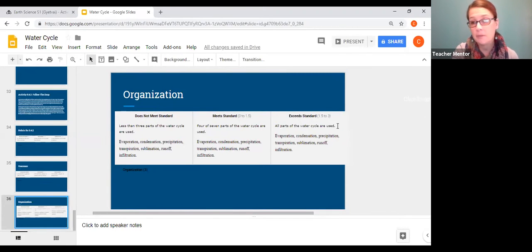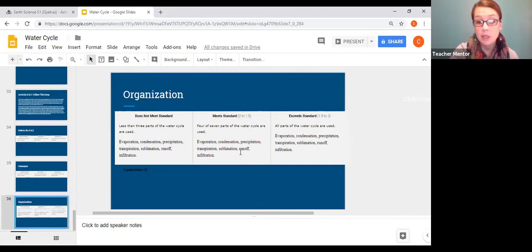And I'm going to mention all of the parts of the water cycle. So the parts that we spent some time on today. So I'm going to include evaporation, condensation, precipitation, transpiration, sublimation, runoff, and infiltration. I'm going to use all of those terms and explain them to the best of my ability. That's going to exceed the teacher's